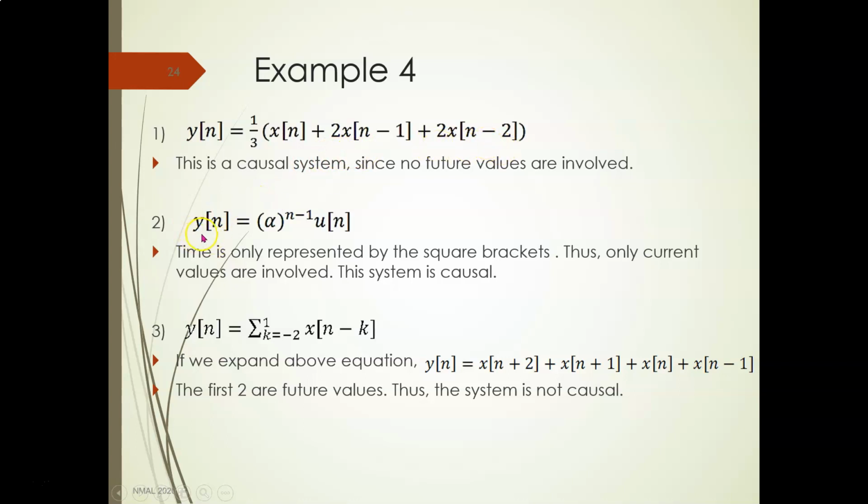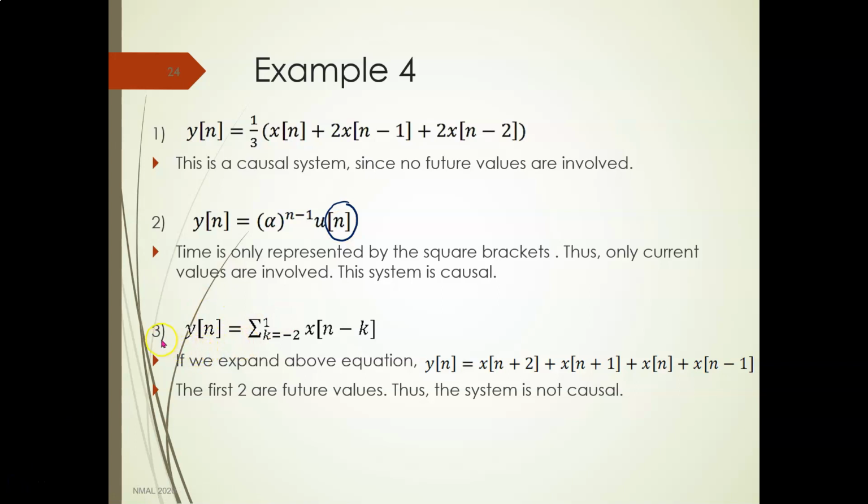For example number 2, y[n] is equal to alpha to the power of n minus 1 times u[n]. If you look here, time is only represented by the square bracket. The n minus 1 in the exponent is just a value, it does not represent time. So only current values are involved, because this is based only on this. So this system is called